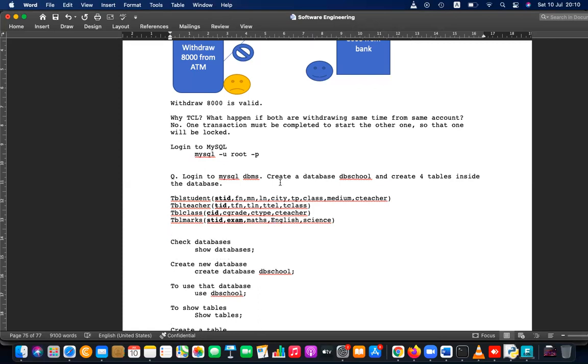So these are the assumptions. Each student has a class that is actually coming from the class ID, right?